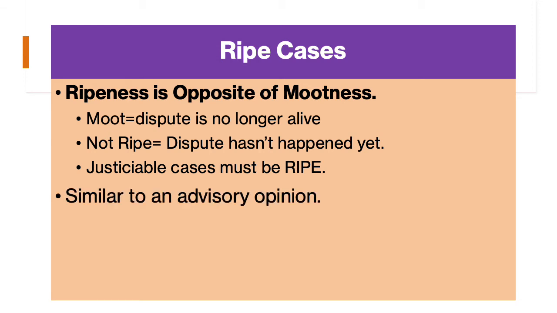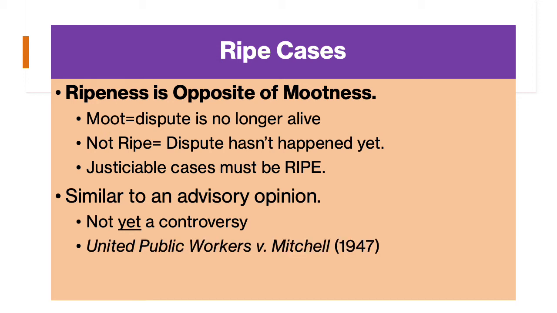They can't be resolved, or the controversy can not be something that is presumed to happen, but that hasn't happened yet. So the reason you think about ripeness and cases that lack ripeness is sort of similar to advisory opinions. It's not yet a controversy, yet we're trying to get the court to weigh in about if that controversy does happen, is the harm that came from this dispute, right? Or is this law that has caused this controversy, this dispute, is that law constitutional?